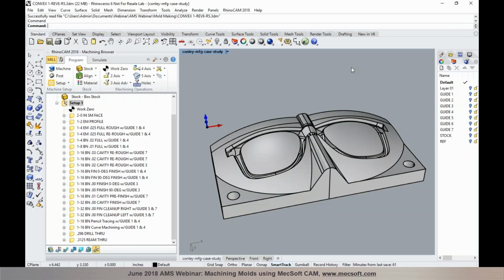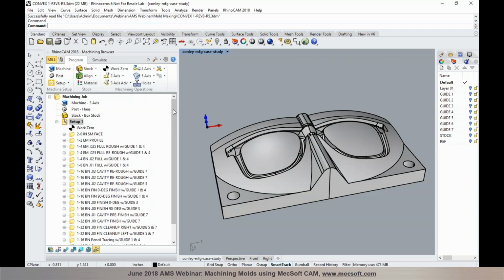What I currently have here is the mold cavities that Al made available to us for today's webinar. And here you can see that there are two halves, and we'll focus on how we can program the first half. So your workflow would be very typical. You would define your stock geometry, where you establish the extents of your stock material that you want to use for milling this part out, and then you go through the process of establishing your work 0,